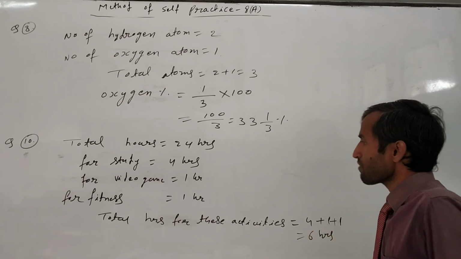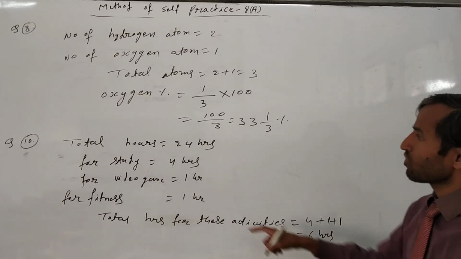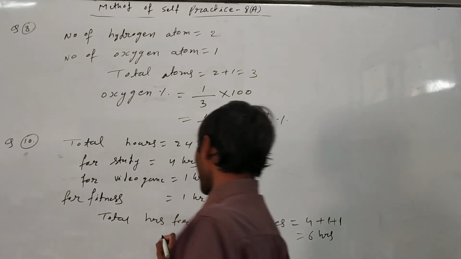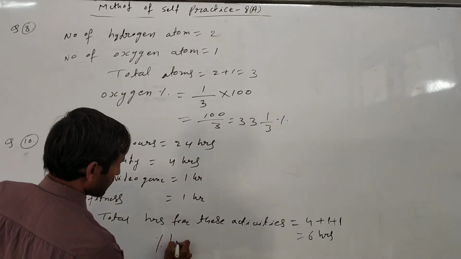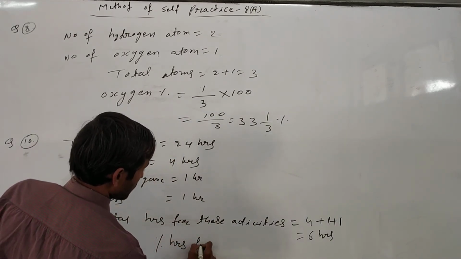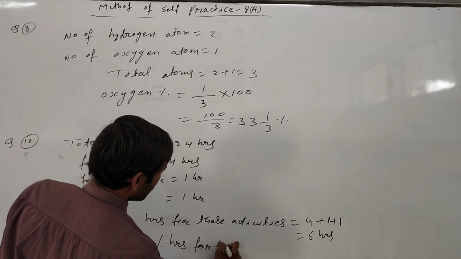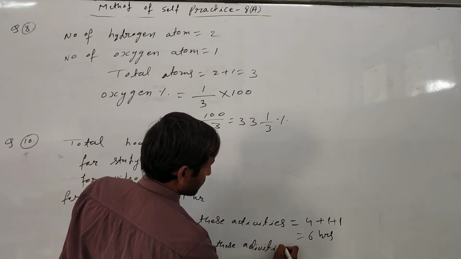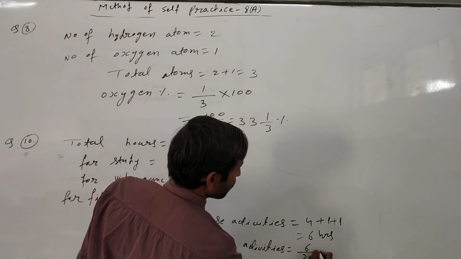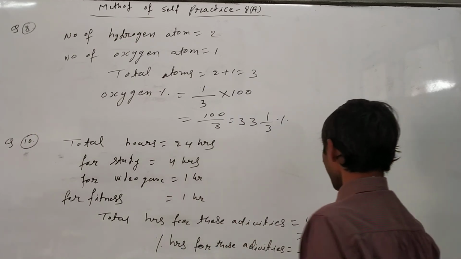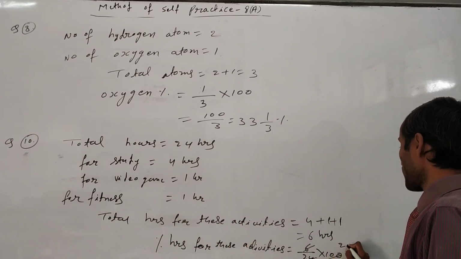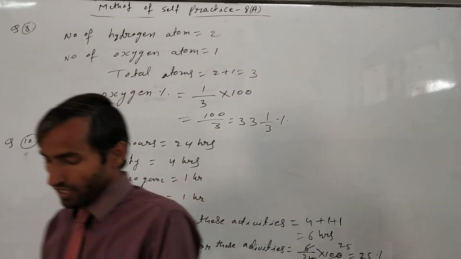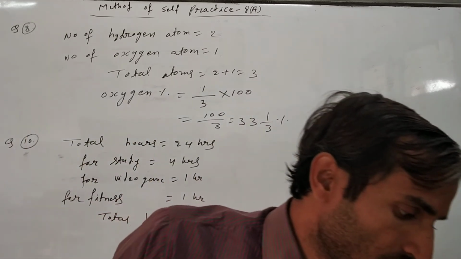Okay, now we have to find the percentage of these only. So total hours for one day is equal to 24. So the percentage of hours for these activities is equal to 6 upon 24 into 100. Just cancel out, it will come 4, then we cancel out and 25 will come. So 25% he has spent in these activities for the whole day. Okay, like that, just try yourself whatever I read in this question.